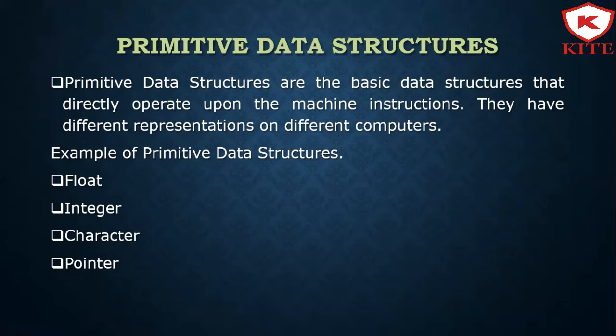Now, next one is the integer. An integer is defined as a whole number, not a fraction part. An integer can be positive, negative, or zero, such as 10, 11, 1, 2, -1, -2. All are integers. An integer number can't have decimal places. Therefore, when two integer numbers are added, subtracted or multiplied, the result is always an integer.